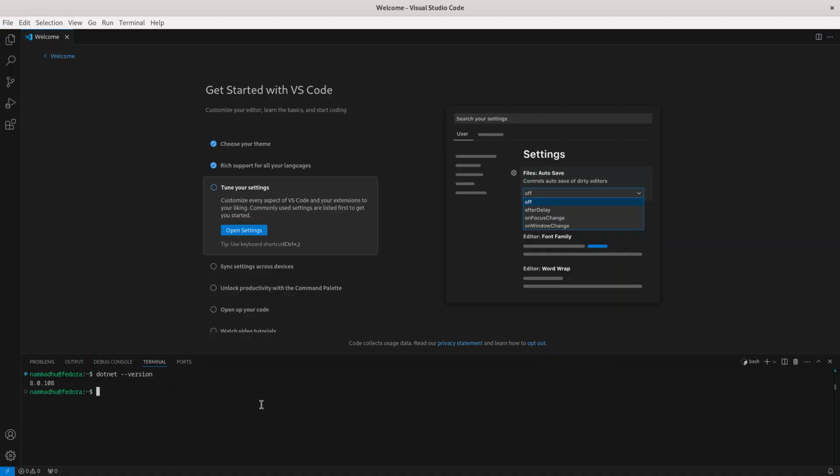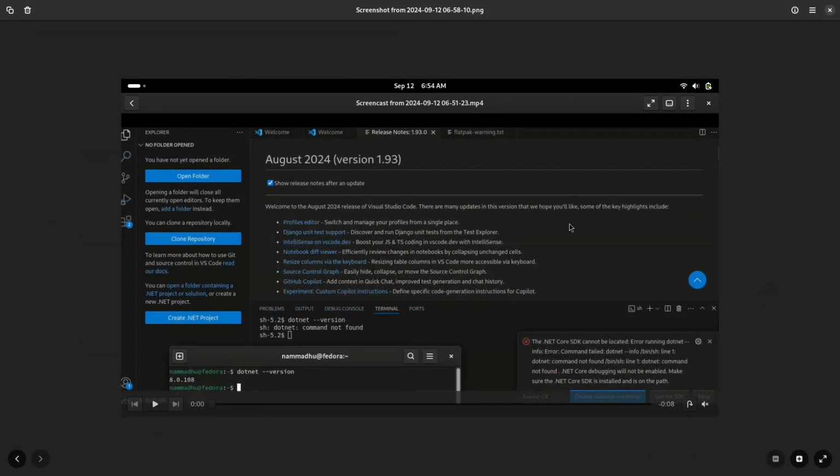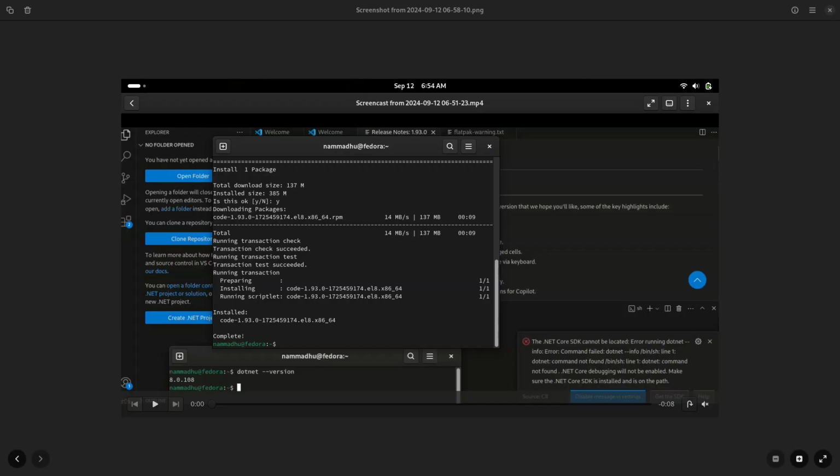That's it. You got the .NET version. Earlier, it used to appear like there is no... You can see this is an earlier screenshot. It used to come like this. If you type the .NET version, it used to appear like this. One sec. Yeah, it used to appear in the terminal. It used to appear 8.0, but here in this particular VS Code terminal, it used to say .NET command not found. Okay, there are multiple ways to fix,